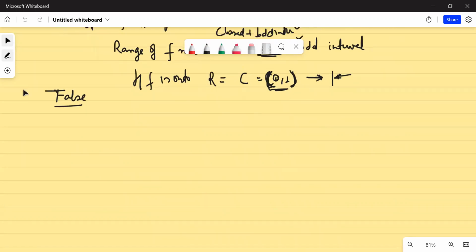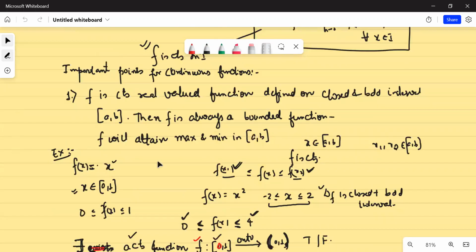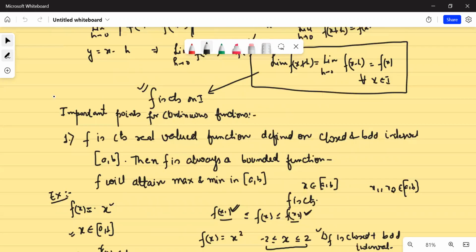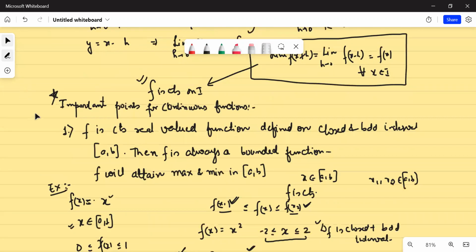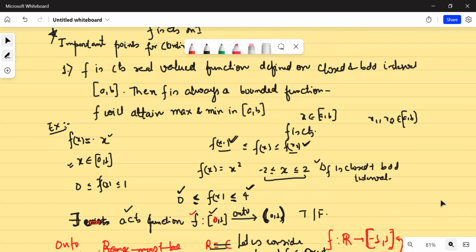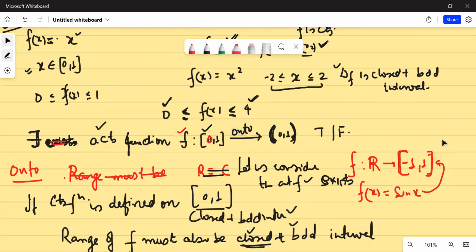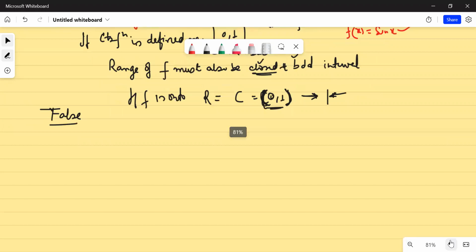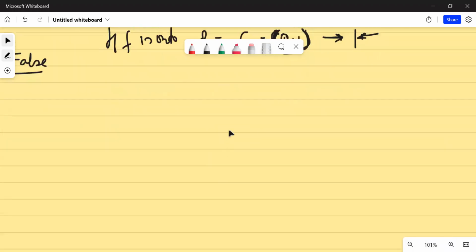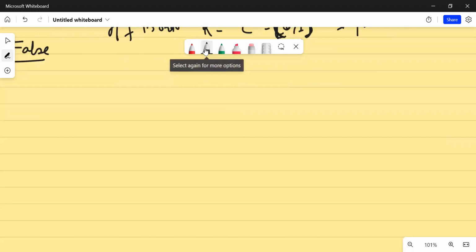So what we are doing is certain properties of continuous functions. This is quite important for your examination. Harshit, is that clear? Is my voice audible now? Yes, sir. Okay, good. So now see, another property that I want to explain is